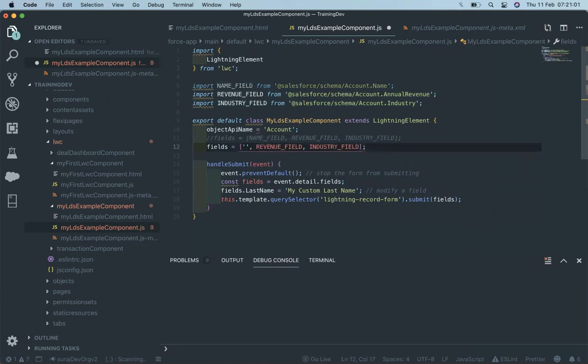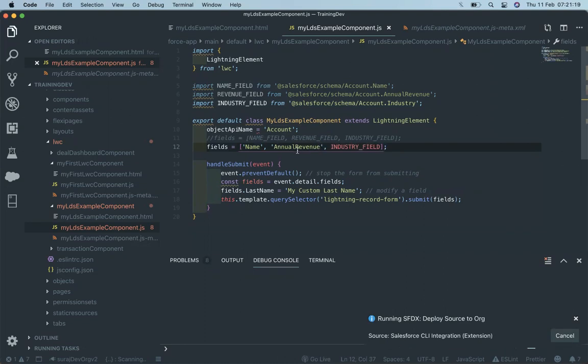Suppose I write the name, it worked fine. I write, I think, revenue. Might be the API name, I need to check.